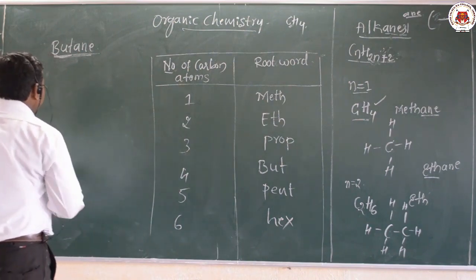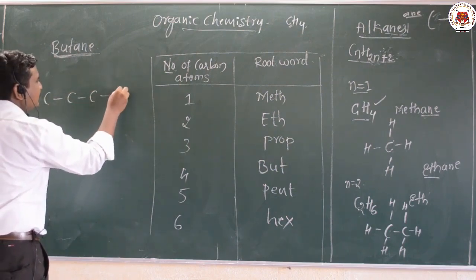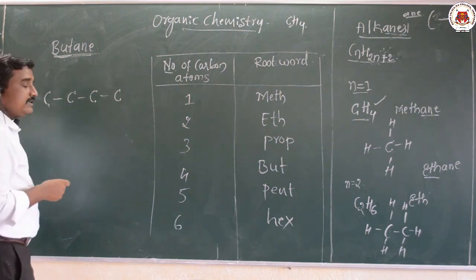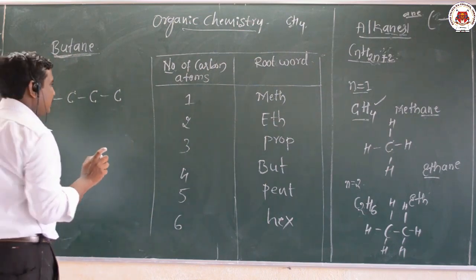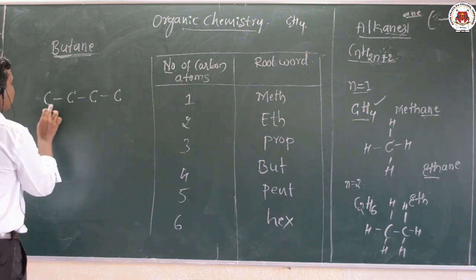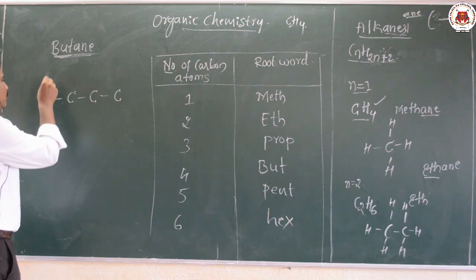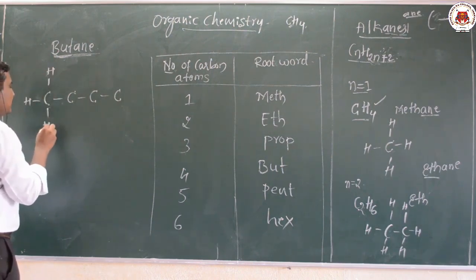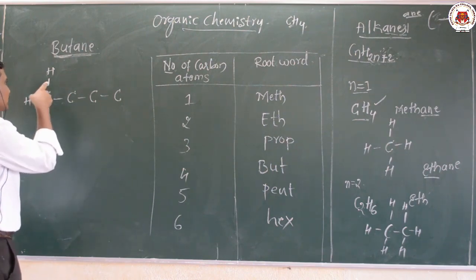4 carbon atoms. So first I will write the 4 carbon atoms which are present in a straight chain. After this, again we have to satisfy the carbon valency by writing the appropriate number of hydrogen atoms. Now this carbon, this is carbon number one, which has only one bond. So for this you have to write 3 bonds. So by writing hydrogen atoms, we have to satisfy the tetravalency of the carbon atoms. Now this carbon satisfied its tetravalency: 1, 2, 3, 4.